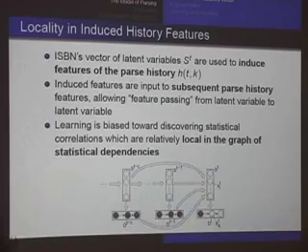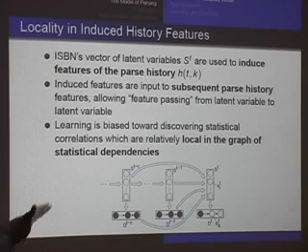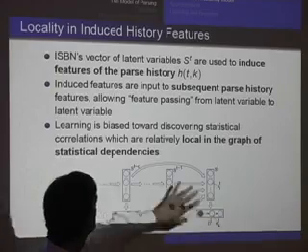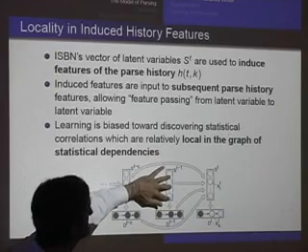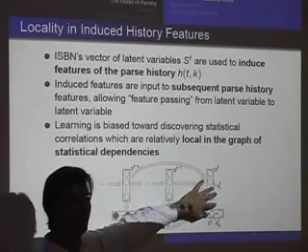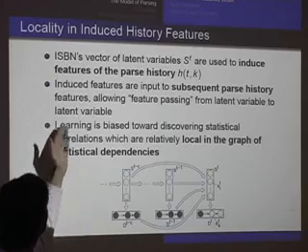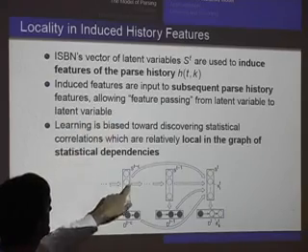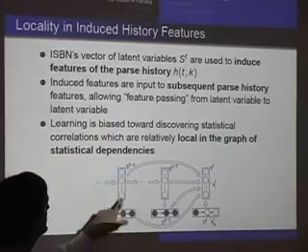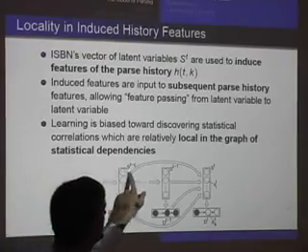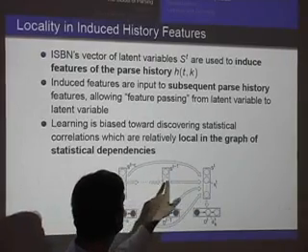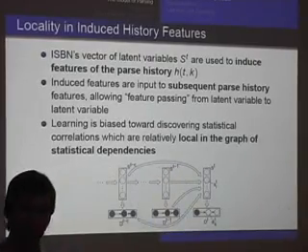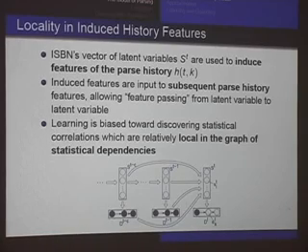If we think of it as a compressed representation of the history, it's used for computing the output, but it's also passed to a future compressed representation. So you can have a feature passing situation where you learn something that's relevant here, and that feature then gets passed to here, or maybe to here, to here. So you can have feature passing all through the network, through the sequence of latent variables completely induced during the